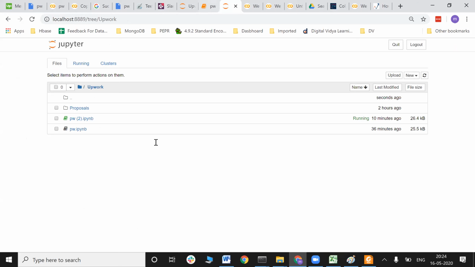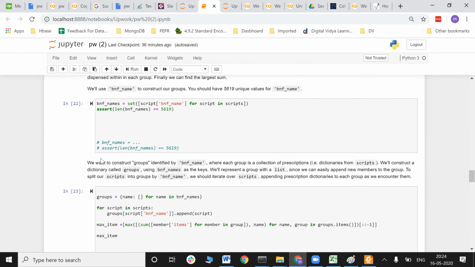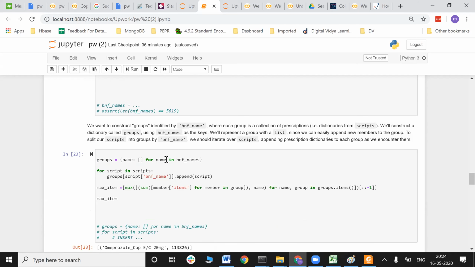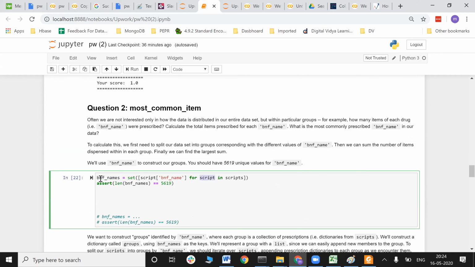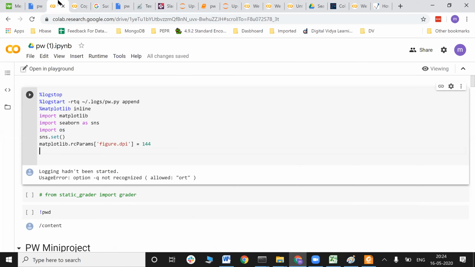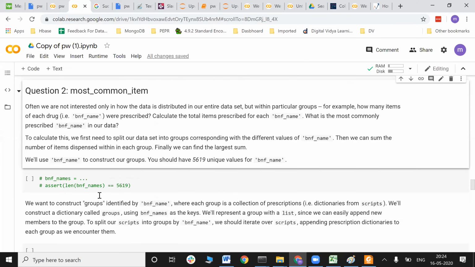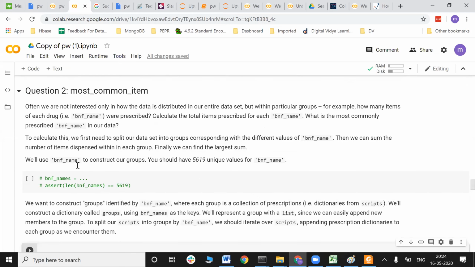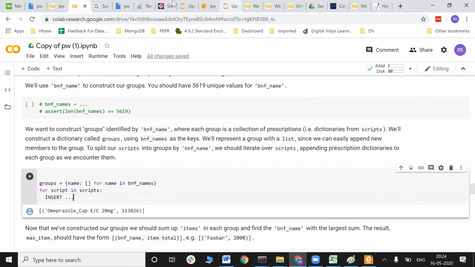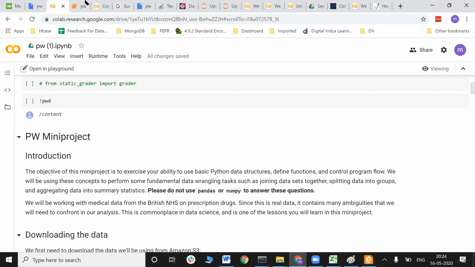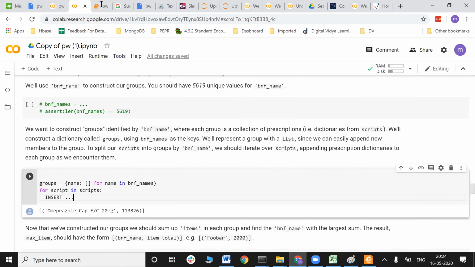Do we have the solution to it? Let me check. So we will do this. We have tried to divide it into groups. Let me copy paste. We have ready code for it. We will just use that. It's directly here itself. Wow, you also have your own code. Maybe we can use the. This is. Let me.